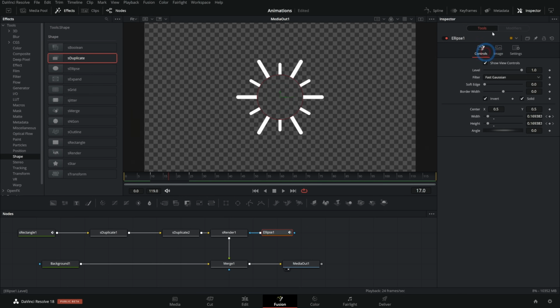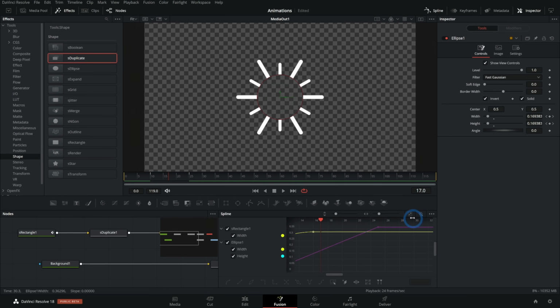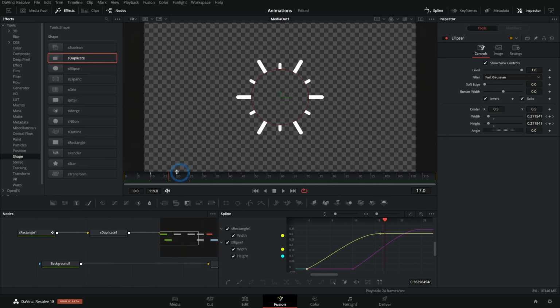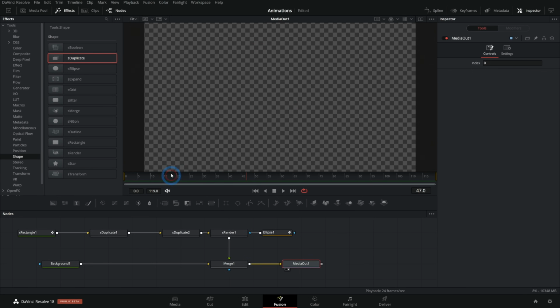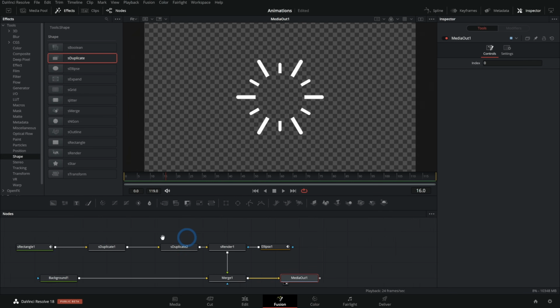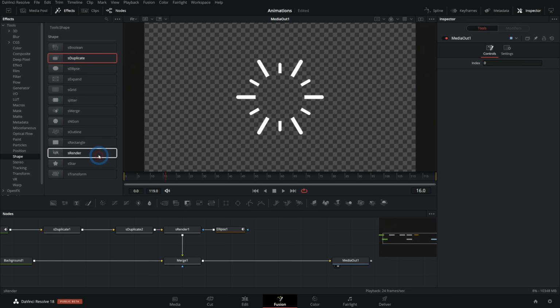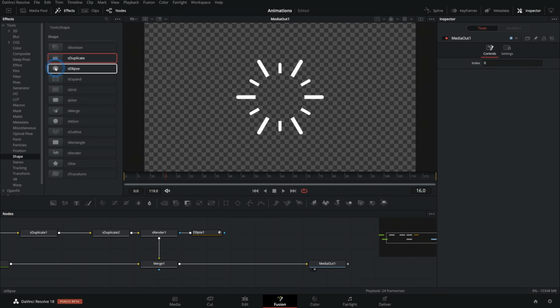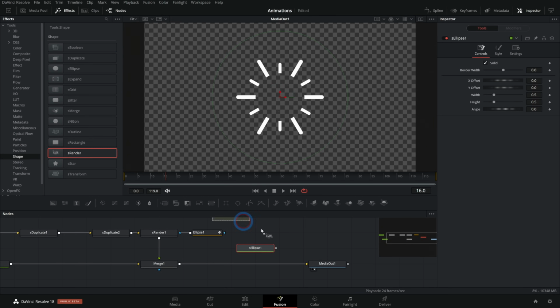This again, let's take this ellipse and grab the spline panel and we'll grab the second keyframe in the animation and hit F so that it has that nice kind of slowing down, easing effect like that. Yeah, that looks nice. Now to make this just a little bit nicer, let's add a circle shape in between. And we'll just do this after the merge here. We'll just do this as another kind of layer. So I'll grab shape ellipse and shape render